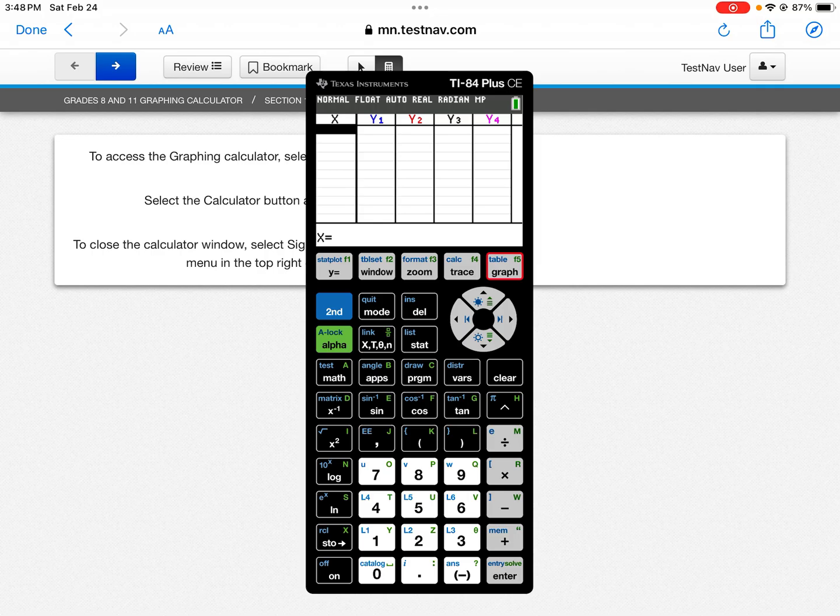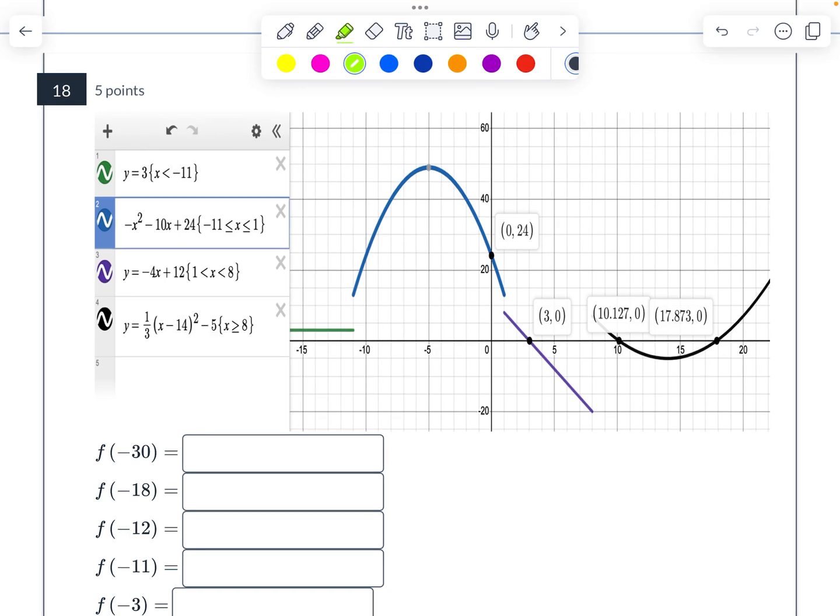Now when you look at the table, it's empty, right? See the empty table? The questions in the problem are negative 30, negative 18, negative 12, and negative 11. I'll probably stop there for now. Those are the first 4 questions. All right, if we go back and look at this,